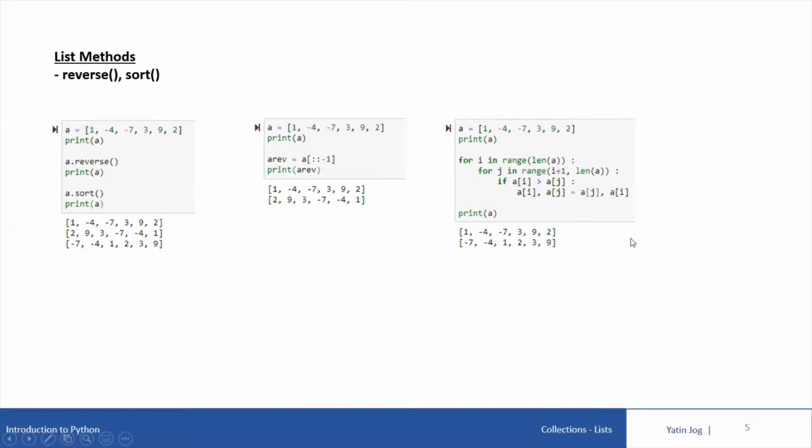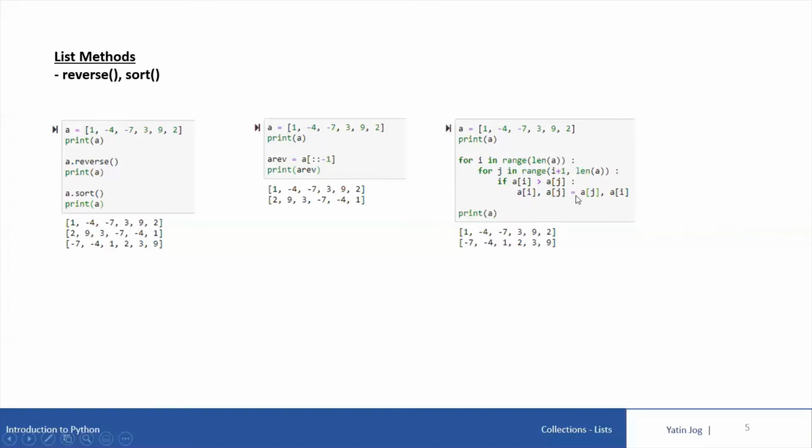Now what is important in this code to understand is the multiple assignment possibility in case of Python. So when I say A of I comma A of Z equal to A of Z comma A of I, what this means is A of I will be assigned with A of Z. At the same time, A of Z will be assigned with A of I. That means I'm swapping A of I and A of Z. So in case of swapping two values, you can swap two values in Python in a very easy way. You can just say A comma B equal to B comma A. Automatically, it will assign A's value to B and B's value to A. So this is a very easy method in Python, and that is why Python is so popular and so strong.